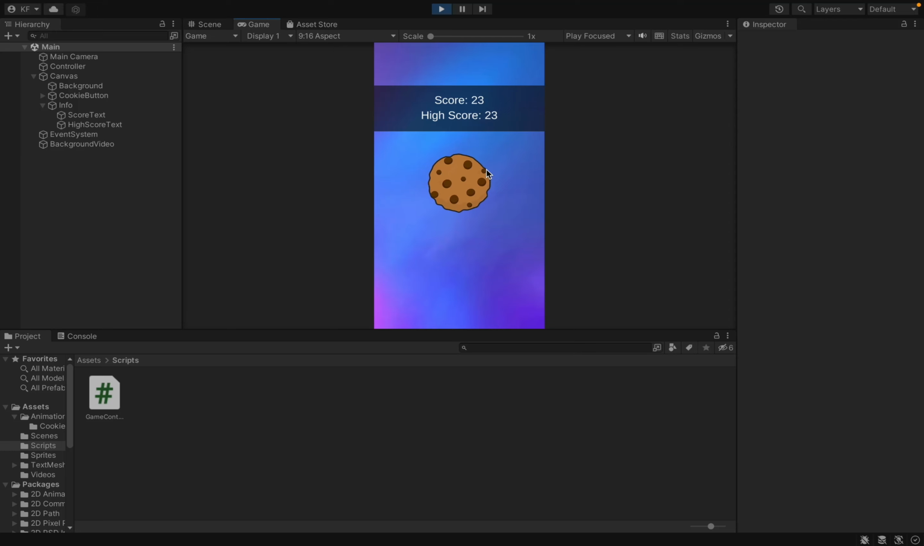Today I'm going to be showing you how to create a high score system in Unity. As you see here, I have a simple cookie clicker game. Press the cookie, gain a point. What I want to do is add a high score system to the high score text you can see on